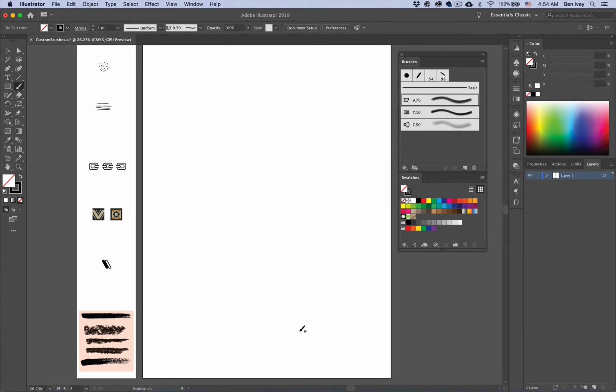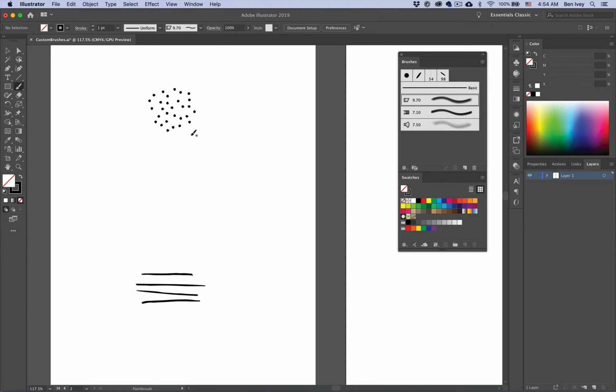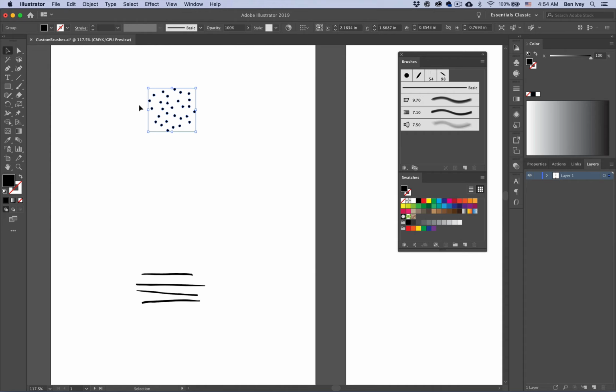Now let's create a set of scatter brushes that give me both a stippled and a crosshatch feel. This is where we're going to be using the different artwork that I've already given to you. To get started with a scatter brush, you need to have some sort of artwork already established. And for the most part, you can turn anything into a scatter brush. So what I'm going to do is select these stippled dots, and we're going to turn this into a stippled